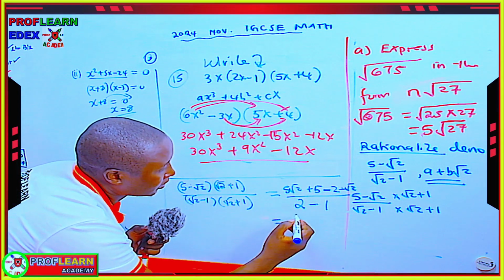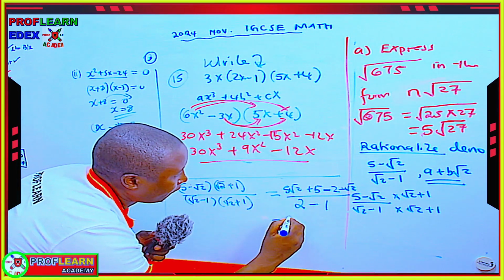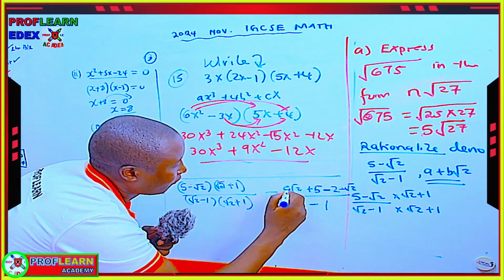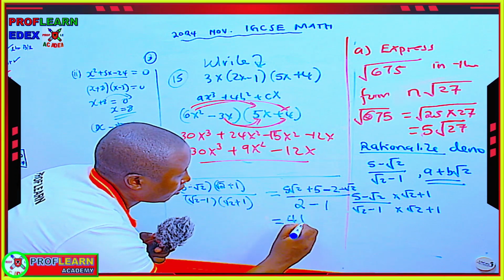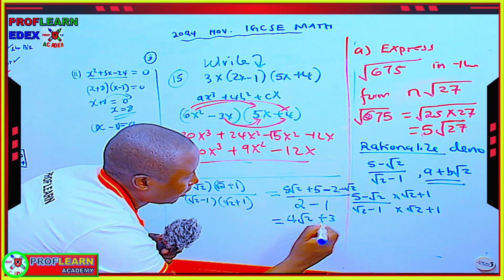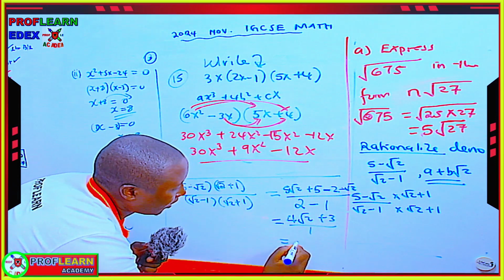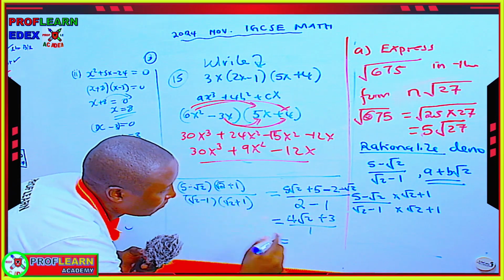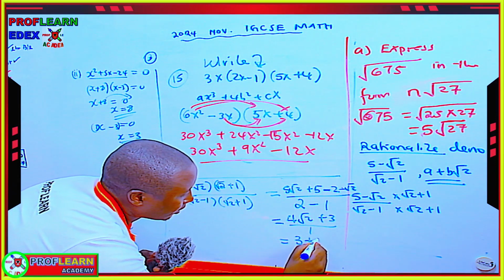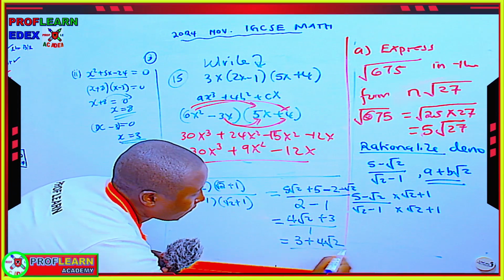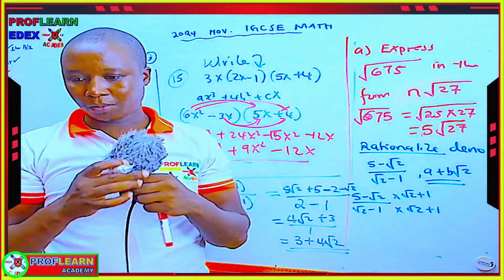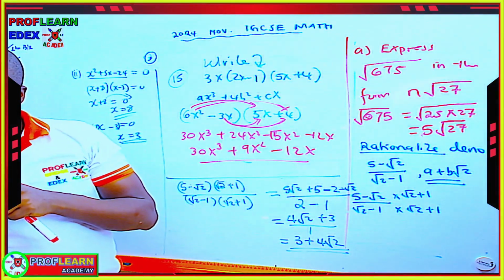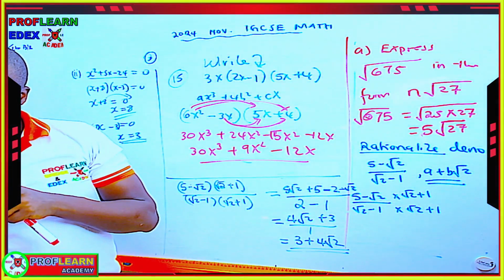And this is going to translate to 4. Of course, this is root 5 root 2 minus 1 root 2 before root 2 plus 3 over 1. So finally, it's going to be 3 plus 4 root 2 as the final answer that we were supposed to have at this point. So those are the questions to do with algebra